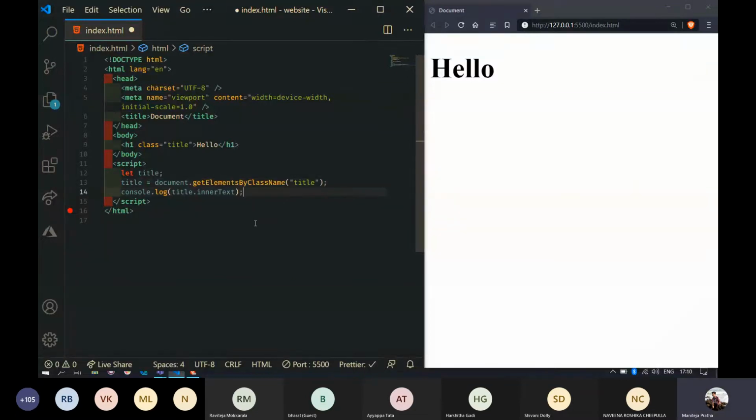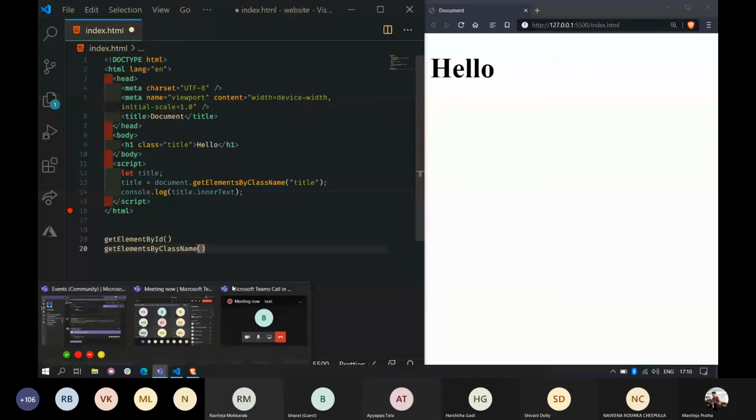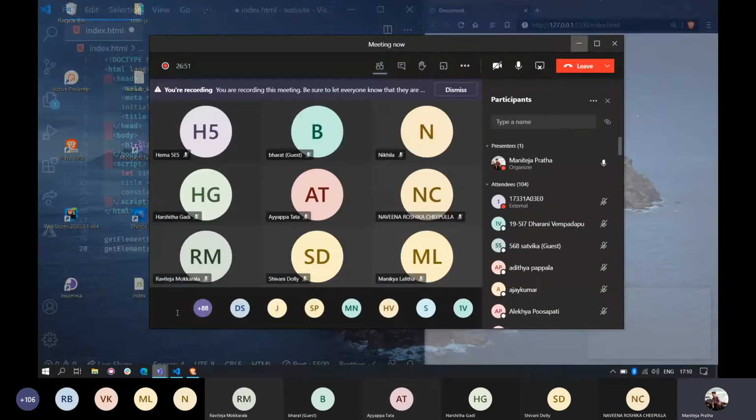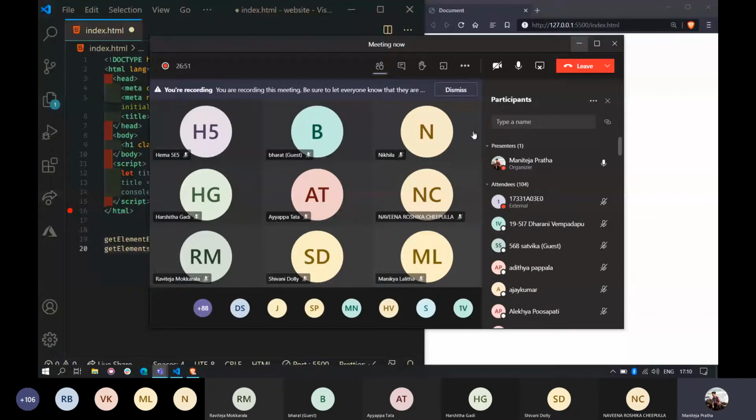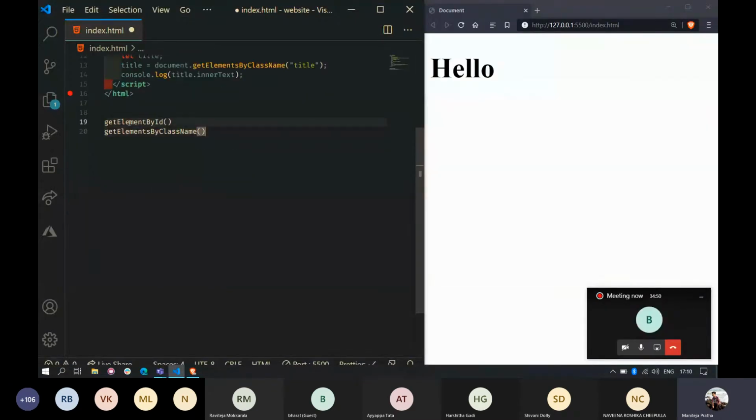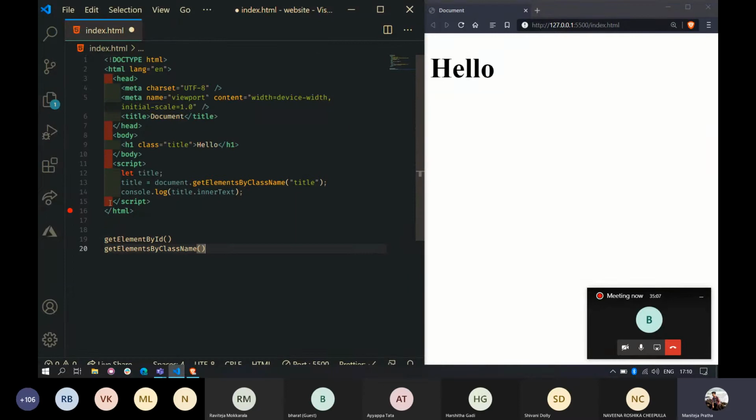If you observe carefully, there are two methods: getElementById, and getElementsByClassName. The first is singular, which means you can only access one tag at a time from the entire web page, like only the h1 tag or only the p tag.